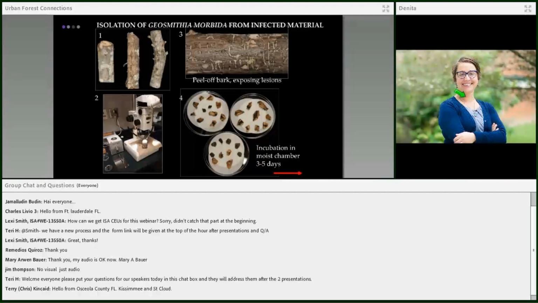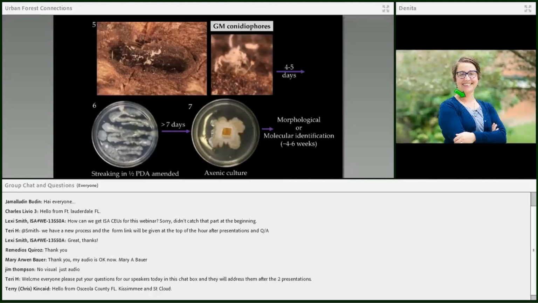Then we take bark chips and put them in this petri dish, creating a moist chamber environment, waiting for sporulation. Within 3 to 5 days, we would see something like this. This is a conidiophore bearing conidia. This is the fungal structure, and ideally you would pluck one of these, plate it, and we actually did something